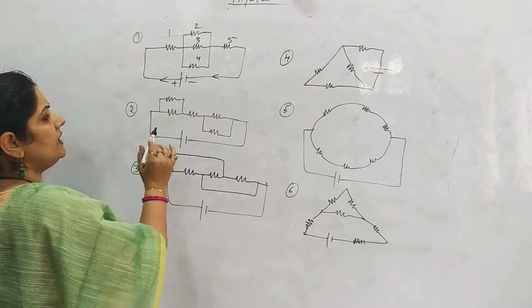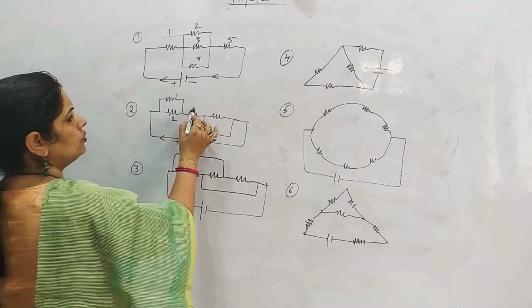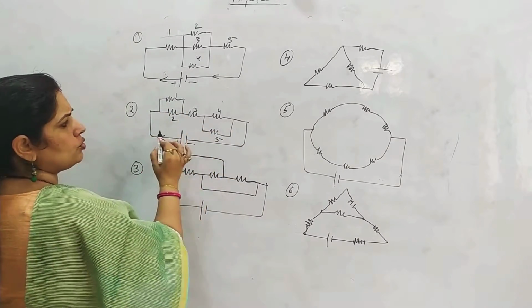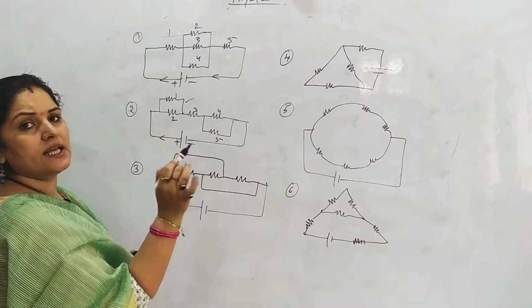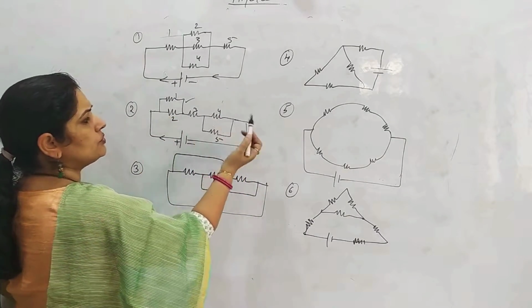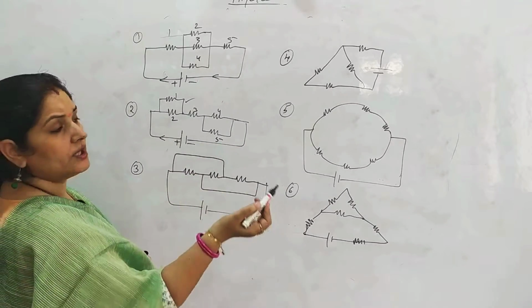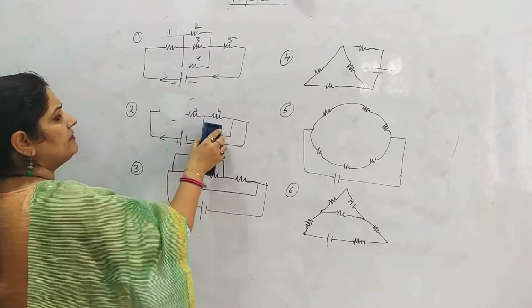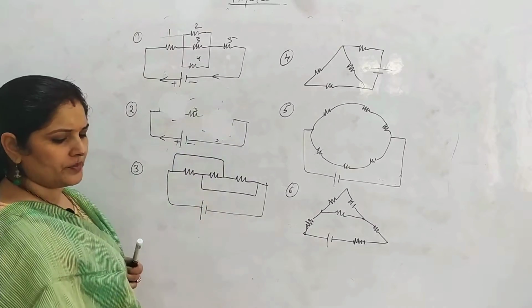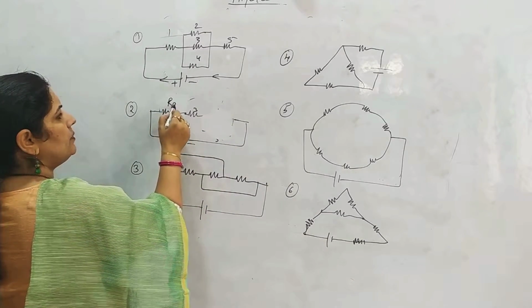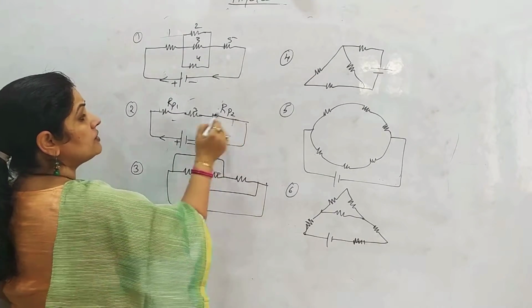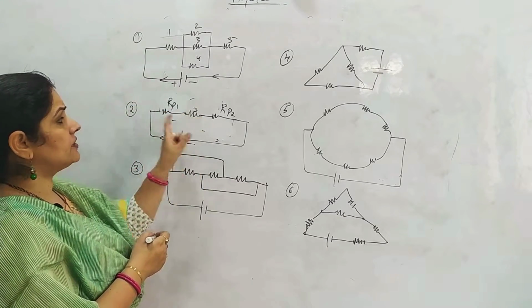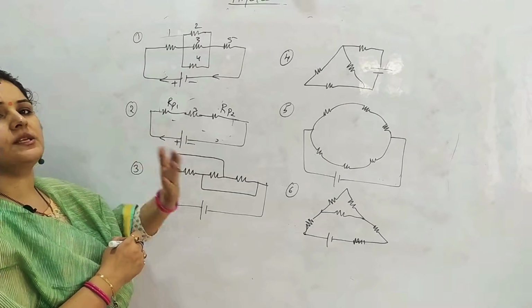Second one, if you look at this 1, 2, 3, 4, 5, now this is a loop. We check which is a closed loop. We will solve this. These two are in parallel. Say the answer is RP1. We will solve these two. They are also in parallel. Say the answer is RP2. Then, after solving, say suppose we have solved this part, RP1 has come by solving this and RP2 has come by solving this, right? So here I have RP1, here I have RP2. Now the simplified circuit looks like that. So first those two and those two were in parallel, answer 1, answer 2. Now these three are in series. So that is how we simplify the circuit and solve.